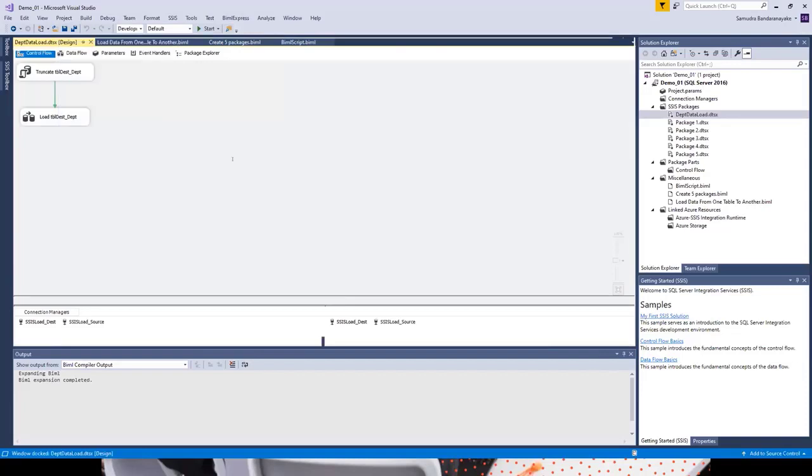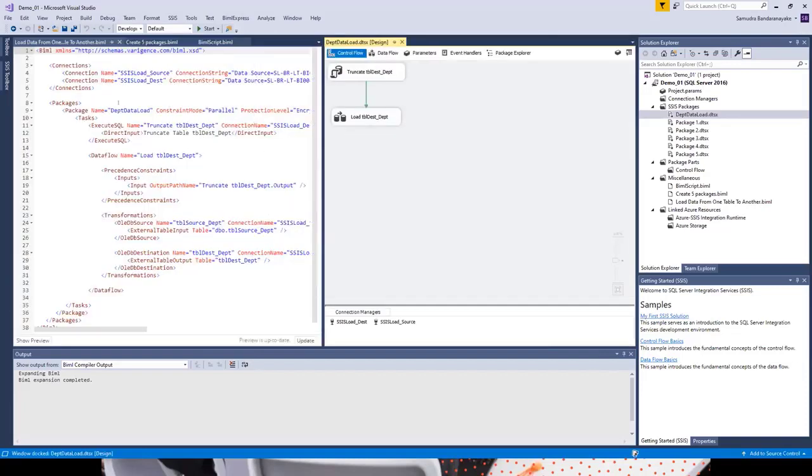Here we can compare this package, this control flow and the data flow,